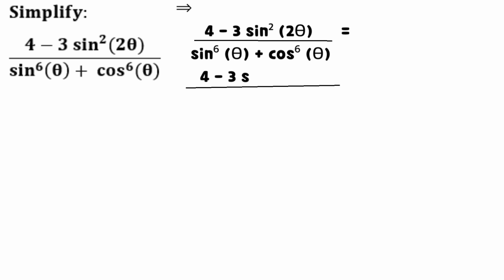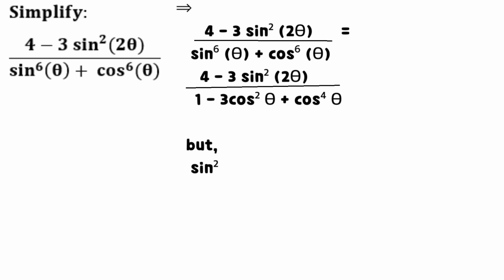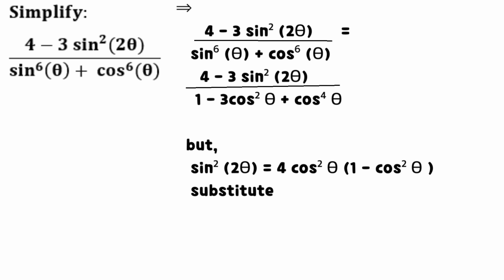4 minus the product of 3 and the square of sine 2 theta, all divided by the sum of sine theta to the power of 6 and cosine theta to the power of 6 equals 4 minus the product of 3 and the square of sine 2 theta, all divided by 1 minus 3 times the square of cosine theta plus cosine theta to the power of 4. But the square of sine 2 theta equals 4 times the product of the square of cosine theta and 1 minus the square of cosine theta. Substitute the value. It implies that